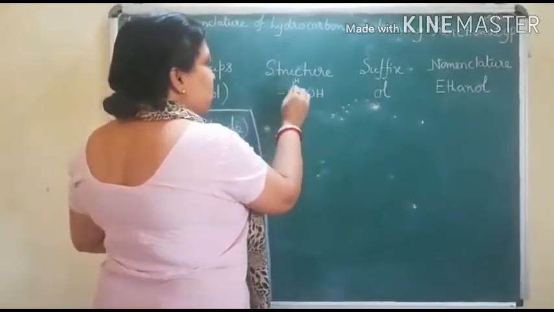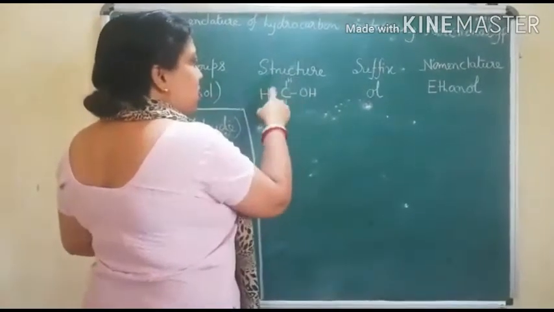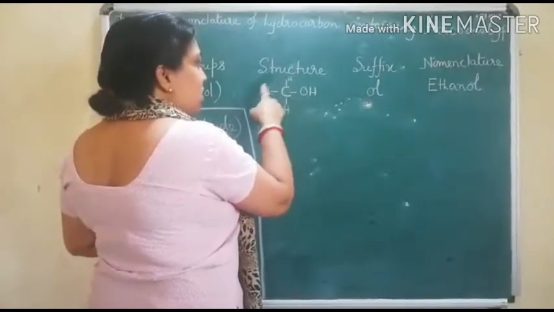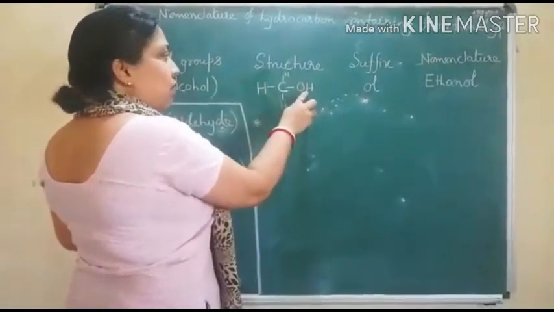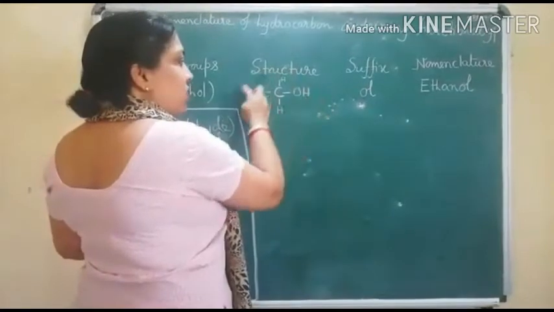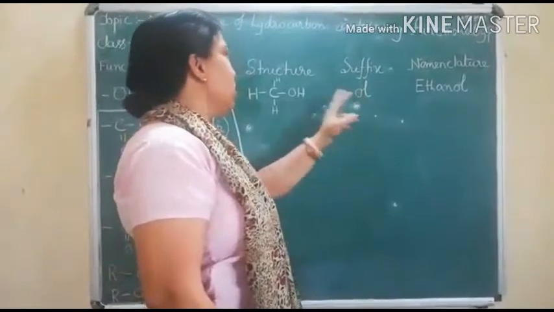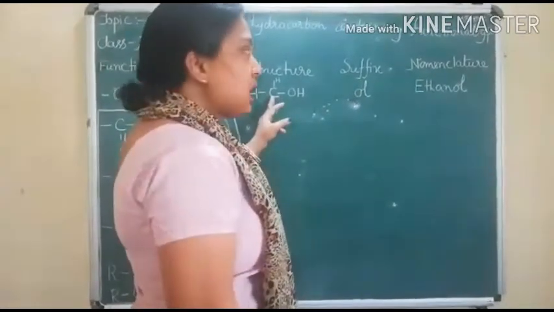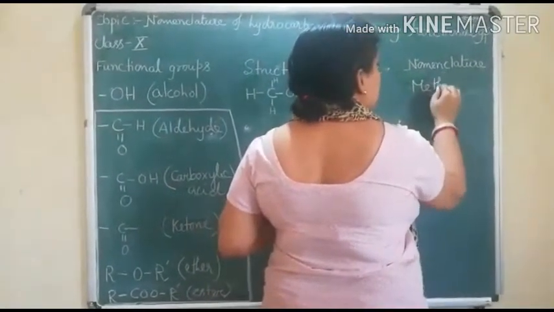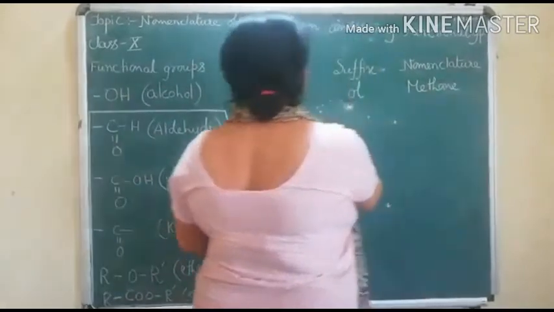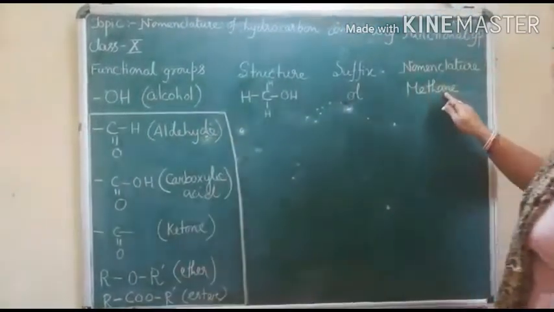If I take one carbon in the chain, its hands have to be satisfied, means 4 hands, 1, 2, 3, 4. These are attached with the OH functional group, that is the alcohol functional group. What will be the name of this structure? For alcohol we take the suffix as -ol. It is methane, since one carbon is there. So first I will write methane, A-N-E, because one carbon and all single bonds, so for single bond it is A-N-E.